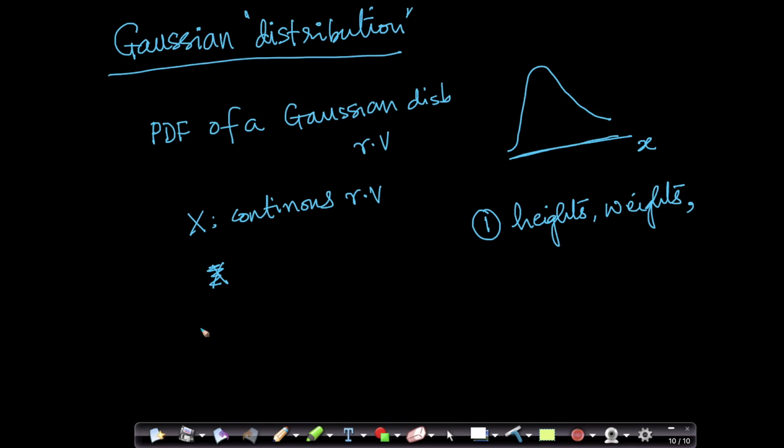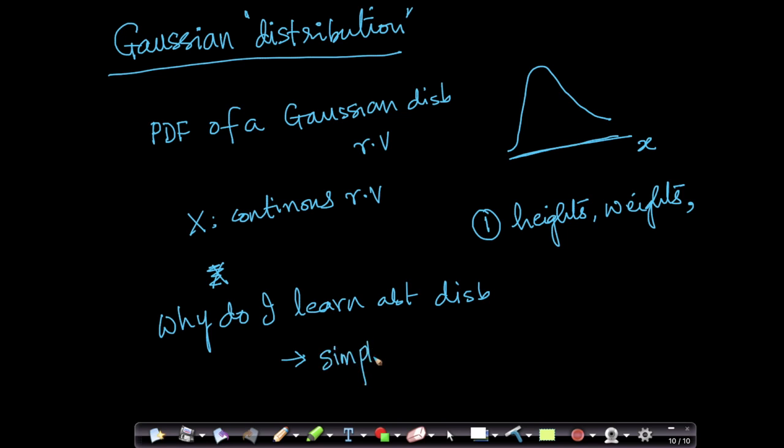Having said that, you might ask, why do I learn about these distributions? We will see why after we learn some properties of distributions and how they are useful. But in short, I could say that distributions are very simple models of natural behavior. Very simple models. For example, if you tell me that the petal lengths of Setosa flowers follow a Gaussian distribution, let's